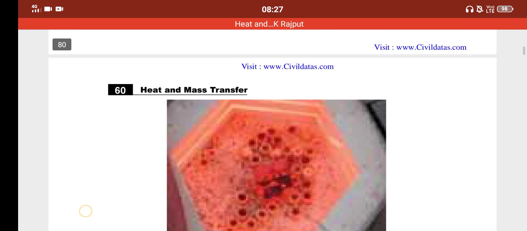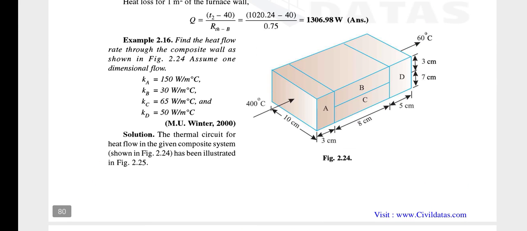First of all, this is called an area sum because in this type of sum we have to find the area. Why do we have to find the area? Because in thermal resistance we need L upon thermal conductivity into the area of that rectangular section. So we have to find the area A now. How will we find this?